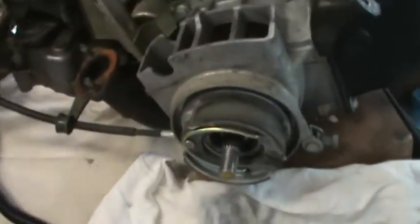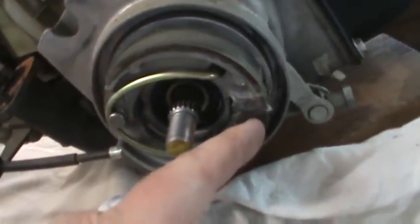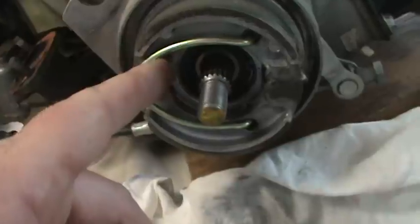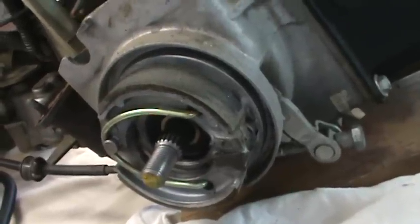All the brakes have been cleaned up. You might want to put a little dab of grease right in here or right there, just a tiny bit, so that the clamshells can open a little bit easier. And then we'll adjust the brakes when I get the